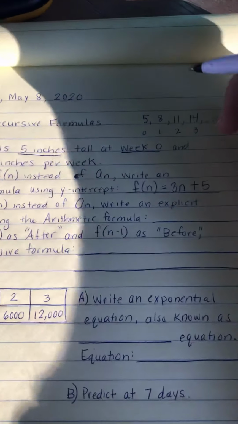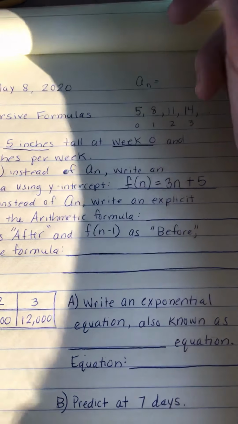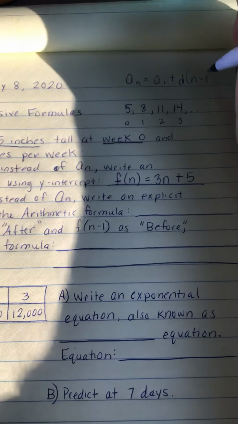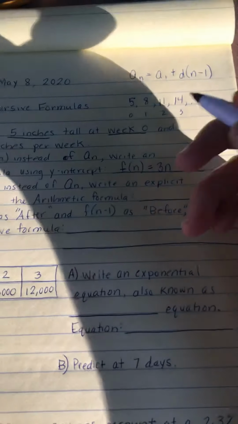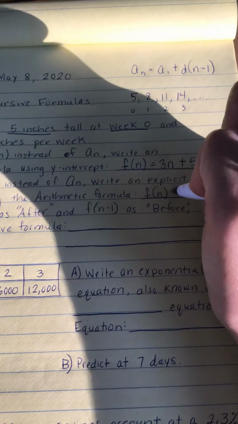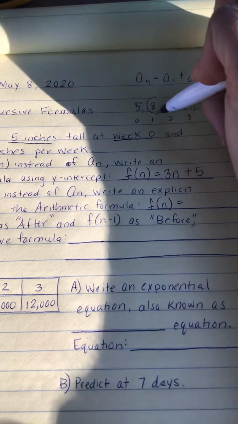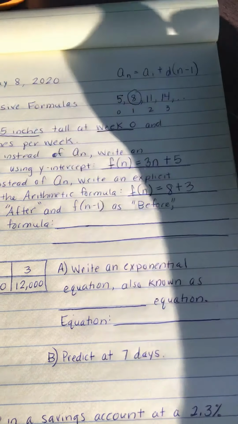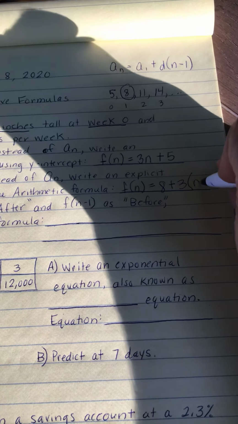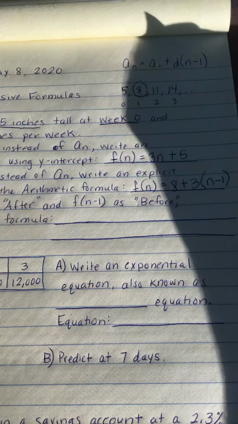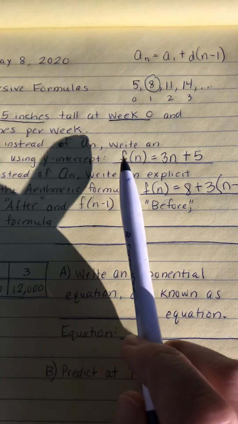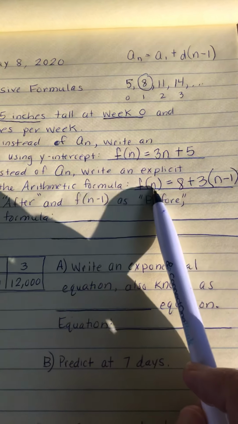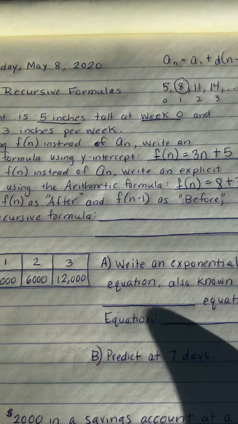All right, you're back. Just to review, the arithmetic would be a sub n equals a sub 1 plus the common difference times n minus 1. All right, that's the formula you're working from, but you're going to use f of n instead. Your first term is not 5. Your first term is 8. You'd have to move to that first term. 8 plus the common difference is your slope, so that's 3. And anytime you're using the first term, you use n minus 1. And that's explicit. Notice the explicit only has the f of n on one side, and then it just has the n. Only the f of n on one side,